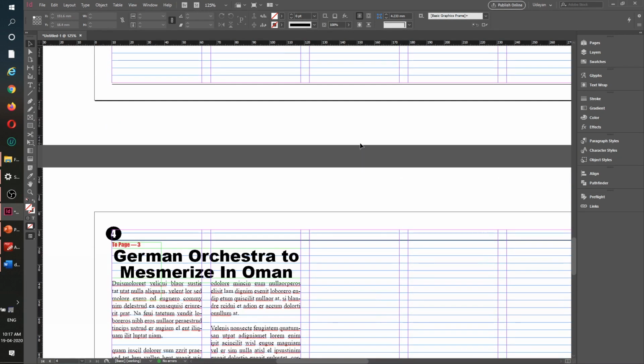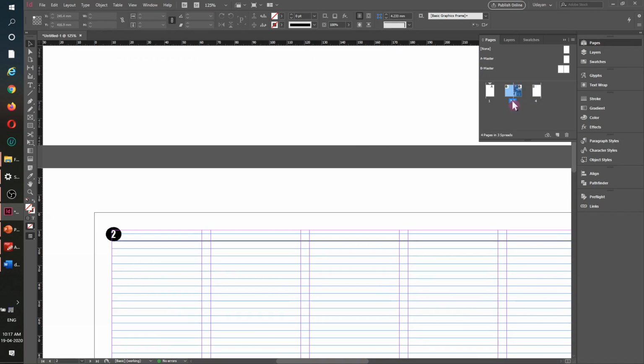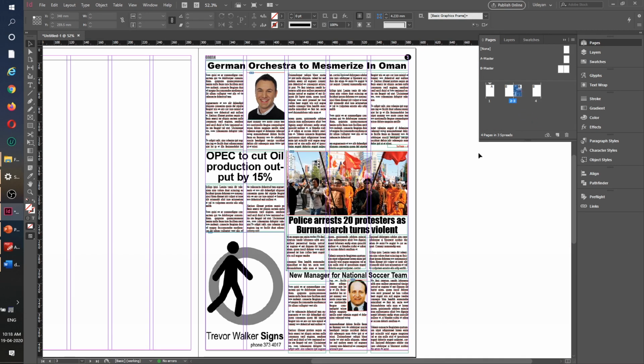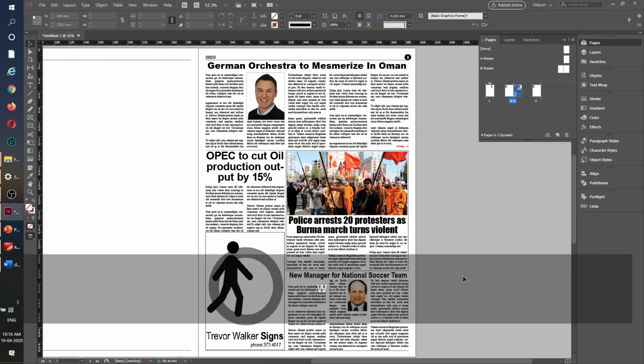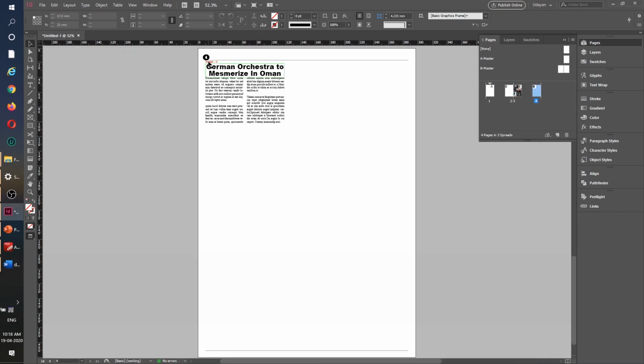So this is all the exercise that we have. I will quickly show you. So I'm going to my page and I'll double click the number so that we can see the pages, and Control 0. Now I can go to this page, and this is how my page looks. I'll press W. As you can see, this is the look of the final page, and page 4, this is the look of the final page, since other contents we have not developed.